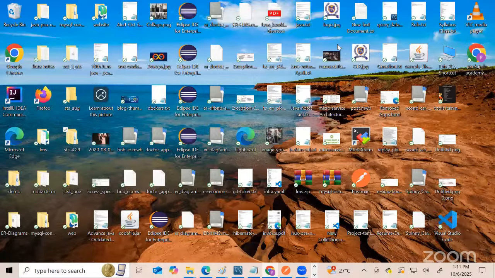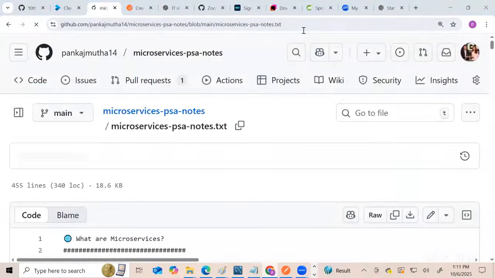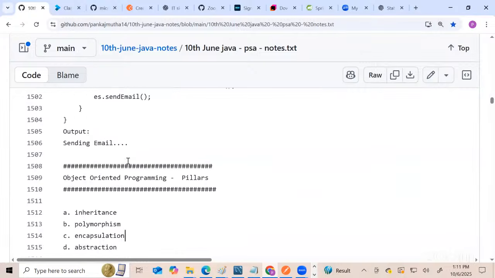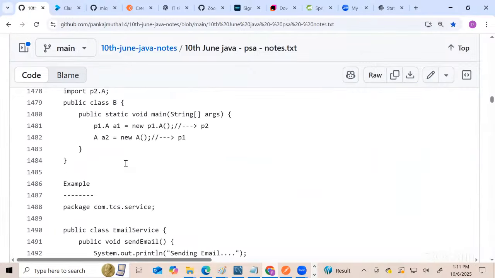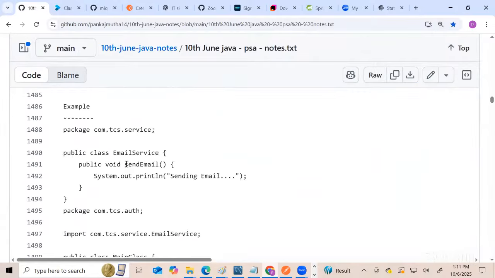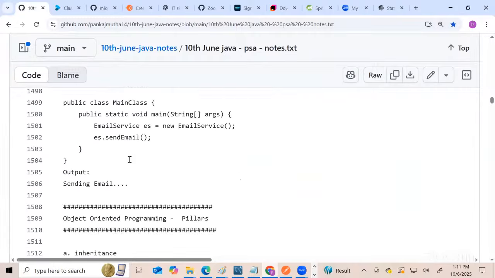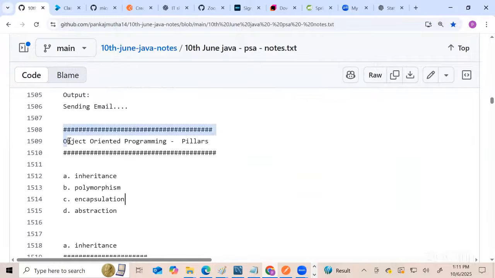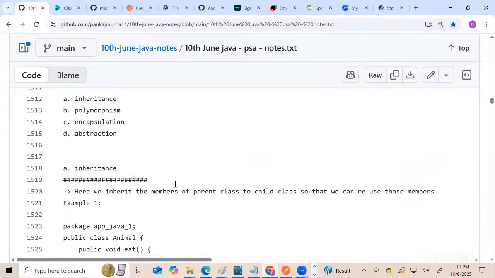So, last lecture I had talked about a very important concept, that is packages. And then we saw what packages are, why we should create a package, how to import, and then we saw static imports. Okay, now we are going to begin with the next important point, which is object oriented programming, and we'll